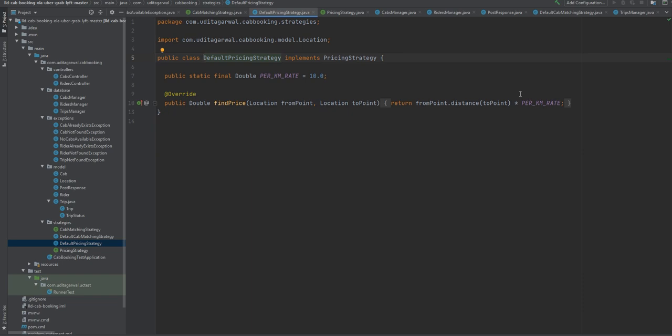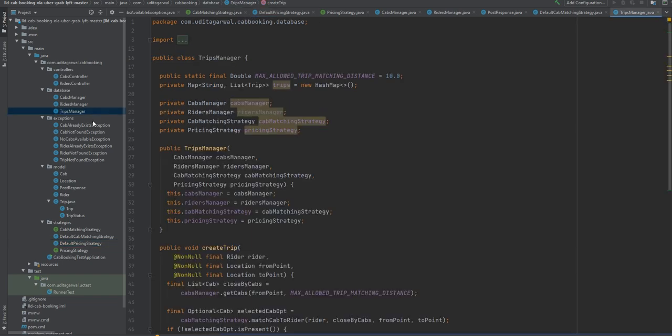You can just create new strategies for those and then plug them into the trips manager. The whole idea is that you do not have to change your trips manager. Only adding new strategies and plugging them into the trips manager will solve your purpose. That's the whole idea of creating those strategies. That's the basic system that we have.